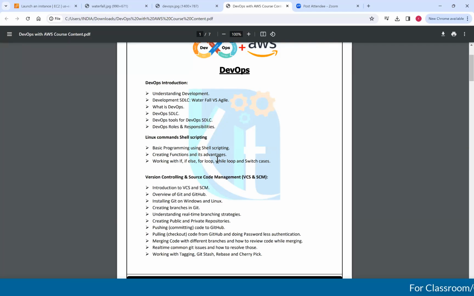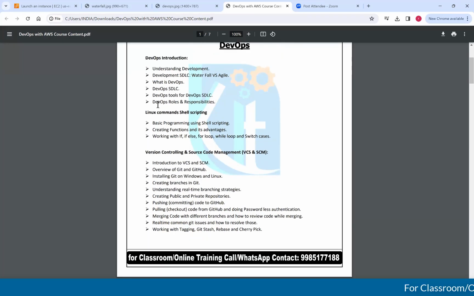The first cycle will be understanding the basics of DevOps, in depth and in detail, including the waterfall model and agile model, and how DevOps has evolved. What is the DevOps software development lifecycle? What are the roles and responsibilities we'll be performing? We'll understand that in the first sessions. Later, we go with